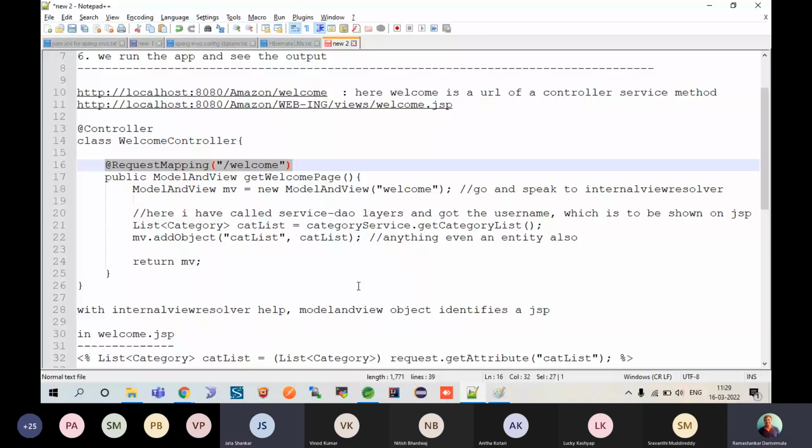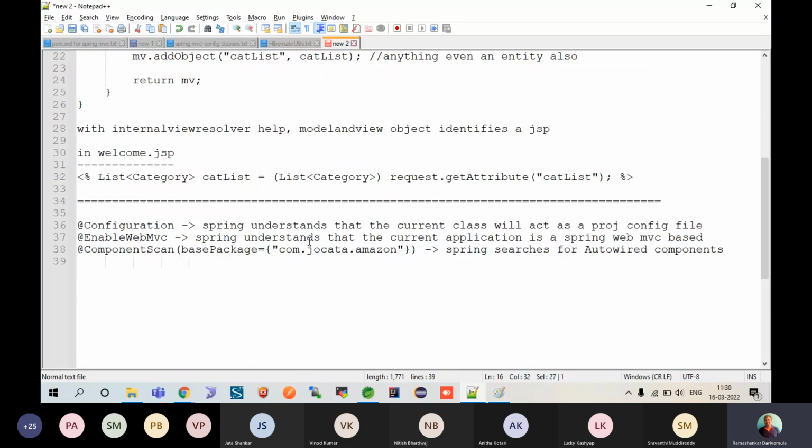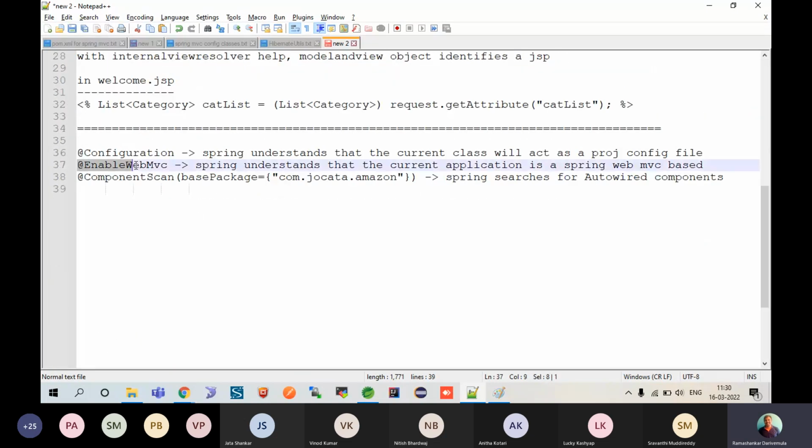Honestly speaking, that was the older way. When it comes to the next level, when we are bringing application context into the picture, it was totally different. We will never configure such a kind of thing. So enable web MVC itself will bring the handler into the picture. And then these components will help us to make a Spring core, enabling all the components